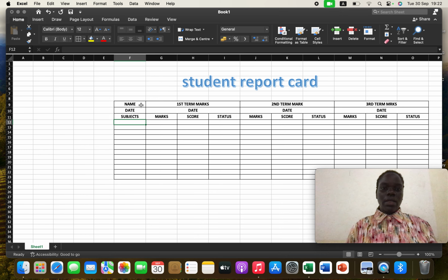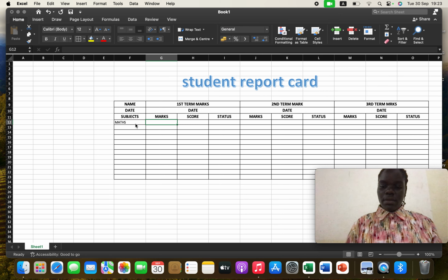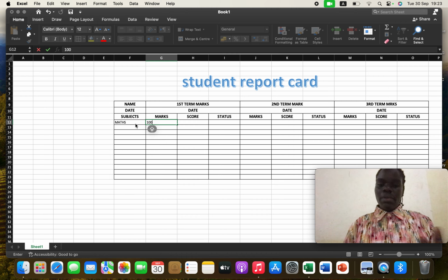Now I can also decide to put a color fill on this upper section so that it appears different from what is down here. Okay, now the next thing I'm going to do is write my subjects here. I have math, my total score is 100. Remember, I've not selected this field, so if it's 100, okay, then I have